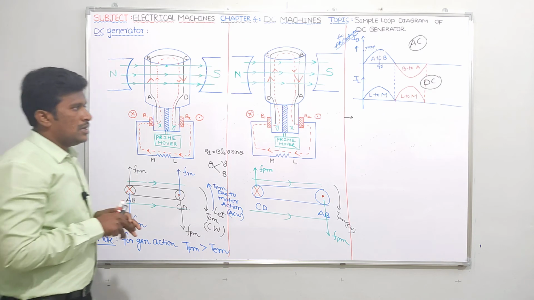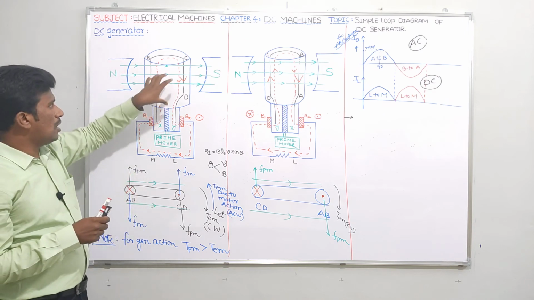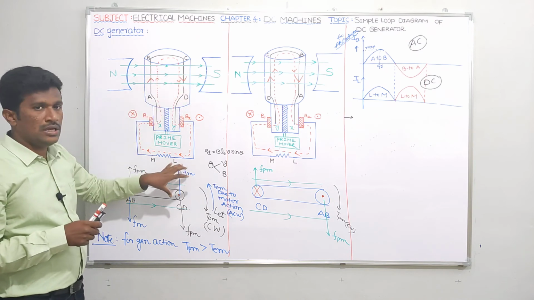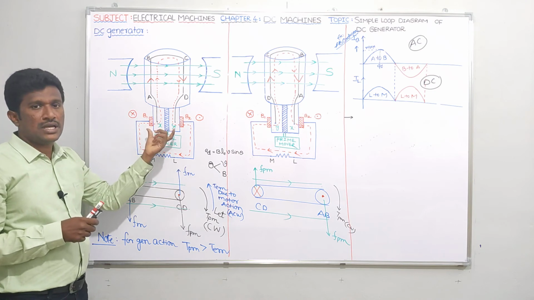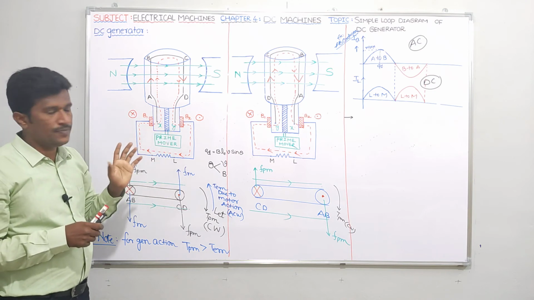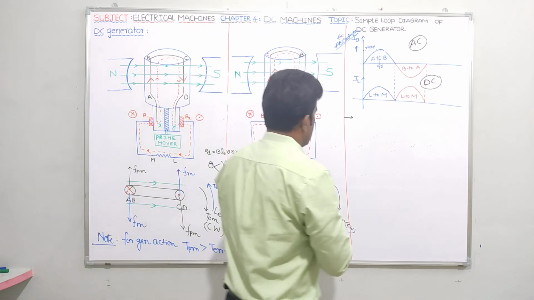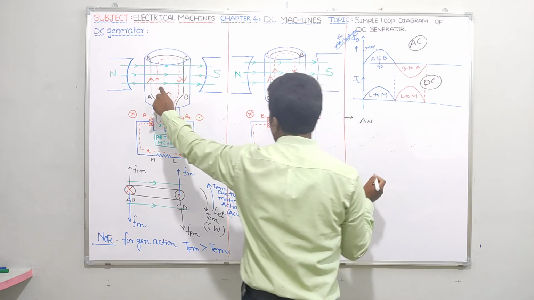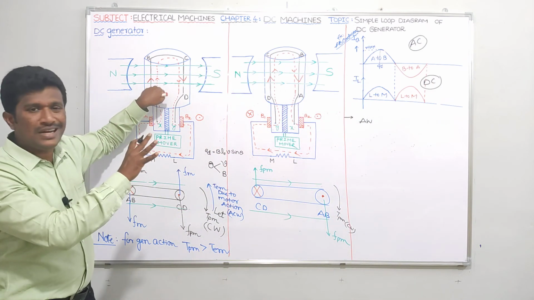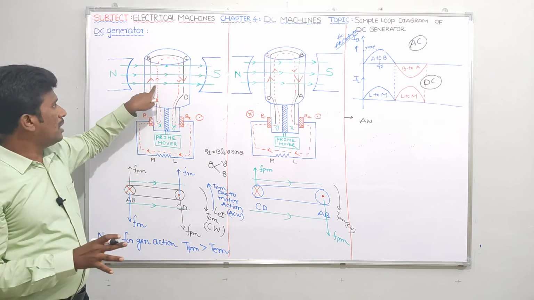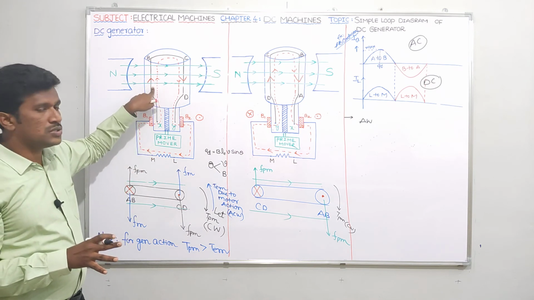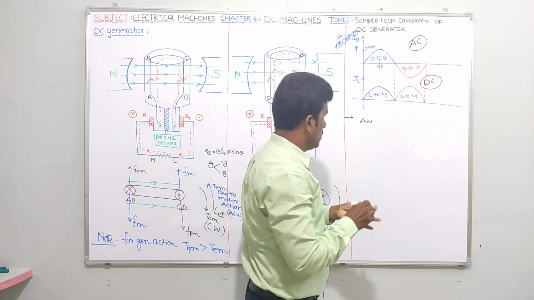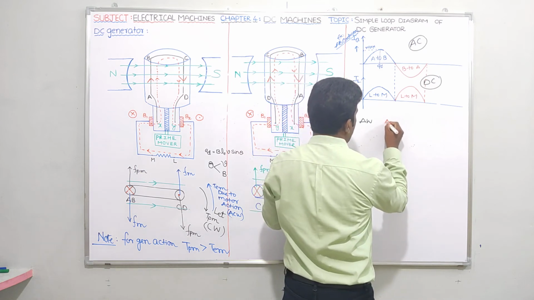Right, guys. Now tell me how the AC in the armature winding is converted into DC. By using what? I said split rings, or commutator segments, or commutator. Okay, let me write that sequence here. As I told you, initially it is the armature winding where EMF is induced. I am just writing AW for armature winding. From the armature winding, what is the type of EMF induced? I already told you. Tell me what is that? AC. So in the armature winding, AC is the EMF induced.